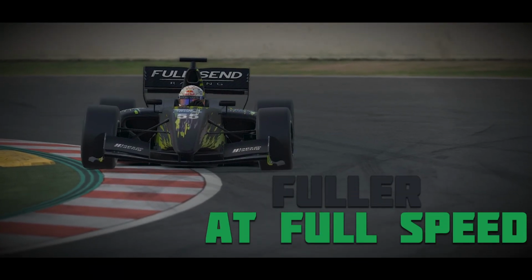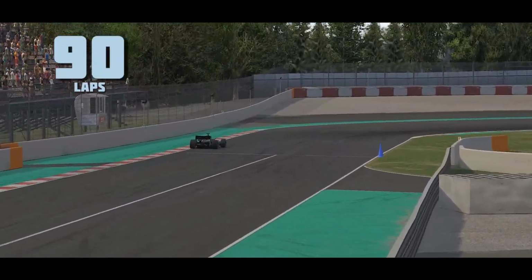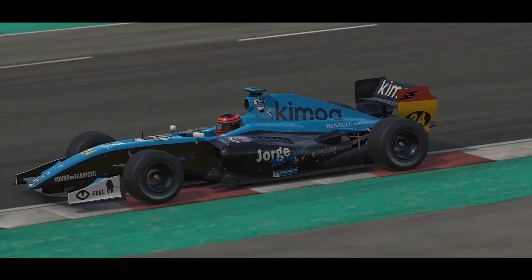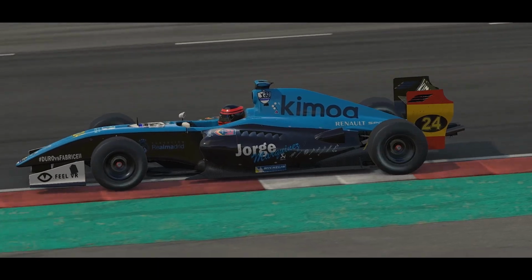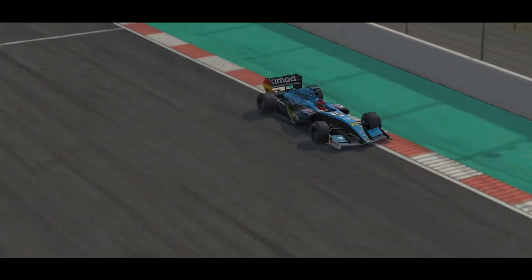The other full send driver, Ben Fuller, seemed to have a great day of testing, clocking in 90 laps of practice, the most of any driver out on track. Whilst the quickest average lap time of the session was set by Jorge Martinez with a 1 minute 35.8, it ended up being Ben Fuller setting the fastest lap with a